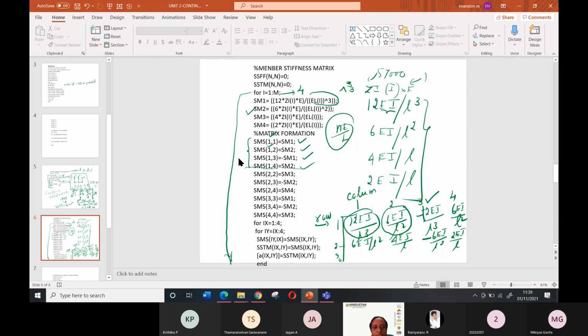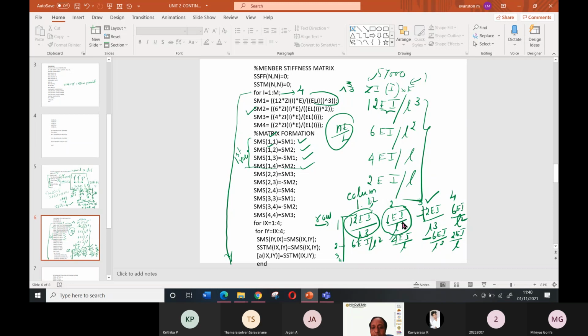Now this is the first row. Now I will move on to the second row. Second row is 2 comma 2. I didn't start with the 2 comma 1. Why? The reason is 1 comma 2 will be equal to 2 comma 1. Am I correct? First row, second, that is 1 comma 2. What's the value? 1 comma 2 is first row.